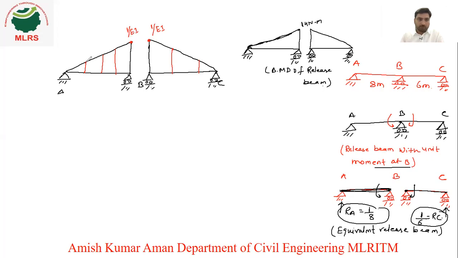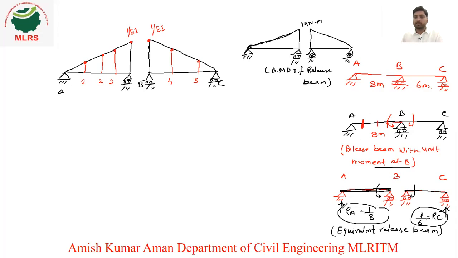Now what will be the moment at this point, divided by EI, we need to do, right? So let's take this as 1, 2, 3, B again, 4, 5. We have taken these numbers. So we need to calculate the moment. This is 8 meter, right? So divided into 2 meter, 4 meter, 6 meter, and then 8 meter. So we need to find the moment at this point.